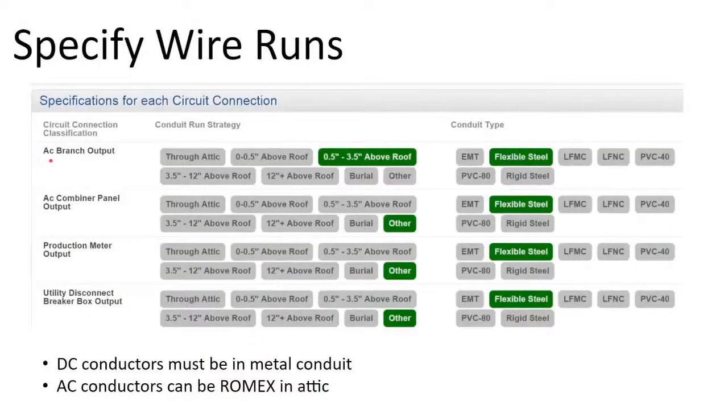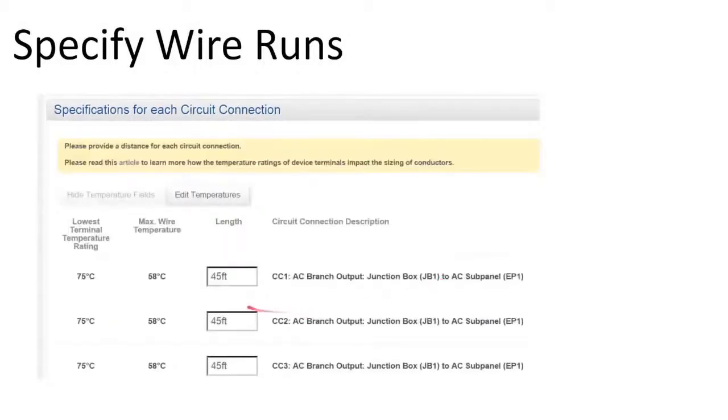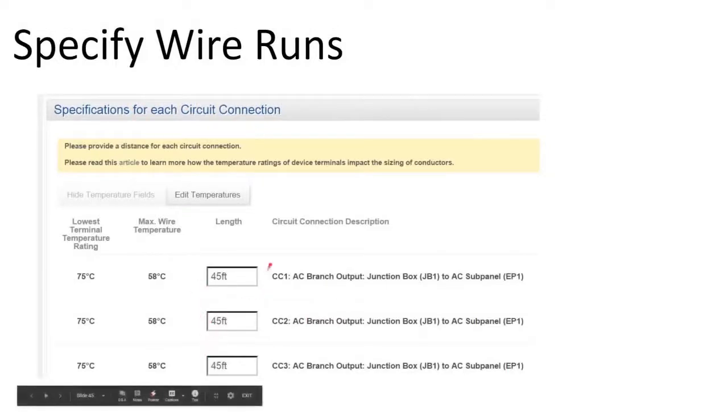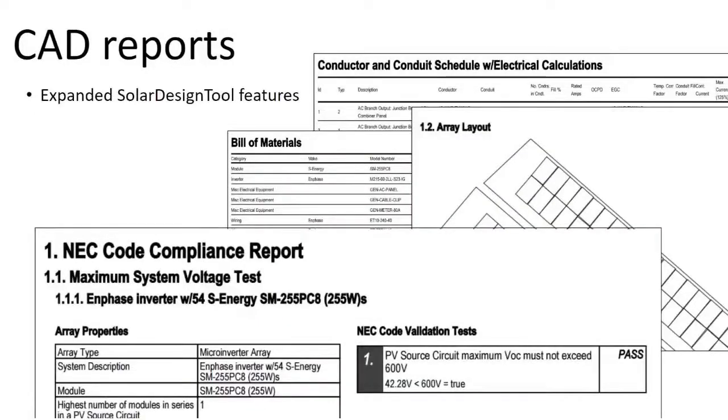We are noting, based on earlier where we specified the location of the meter and the location of the sub panel, where we're specifying circuit detail, what is the conduit run going to be in, how long are those runs, what are the voltage drops of the runs. So these runs are all of equal length. You can go back and adjust that to be more accurate. At the end of the day,